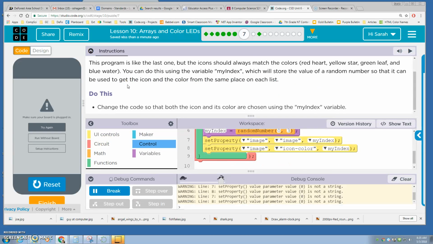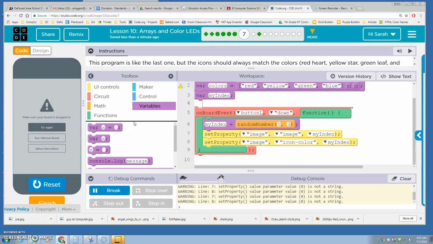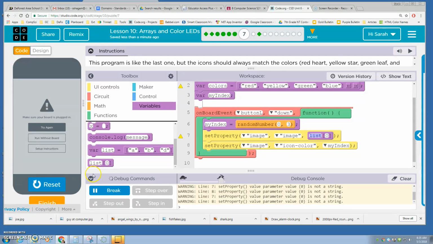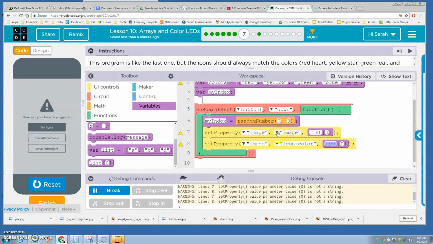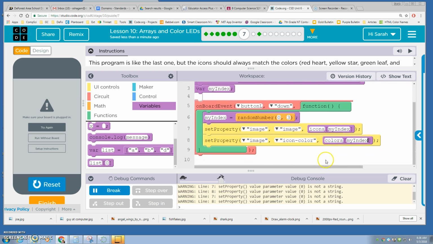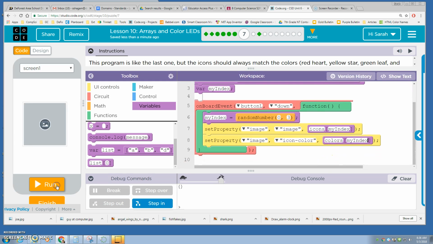In the variables, you're going to want to grab from a list item. So you're going to go to variables and you're going to grab list and list. The image list we're grabbing from is icons. So icons, and you want the myIndex variable. And the set property for the image icon color is the colors list, and you want it to match, so that myIndex is going to be the same number. Now when you run it,